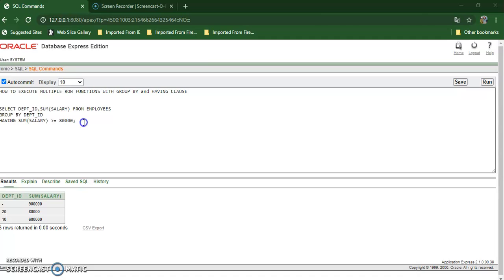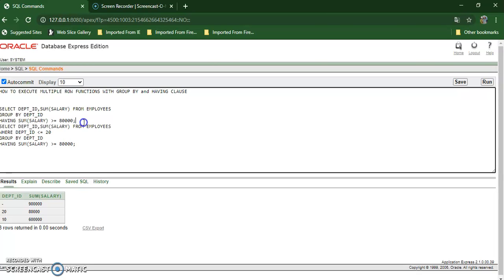To understand the difference between the having clause and the where clause, let's take one example.